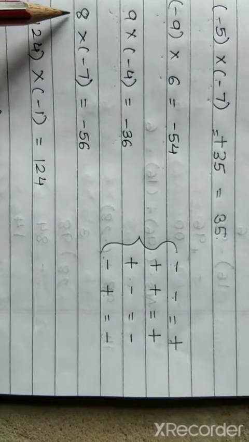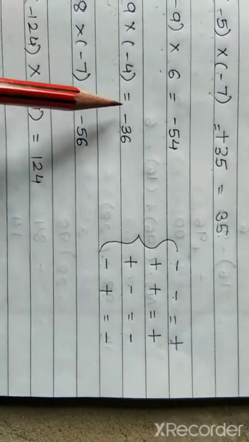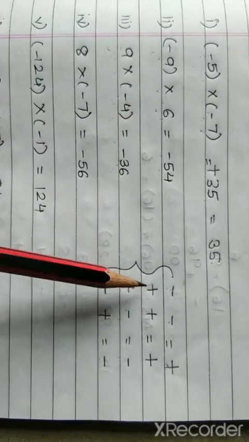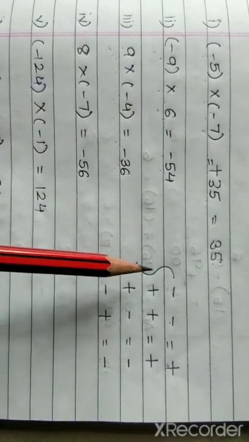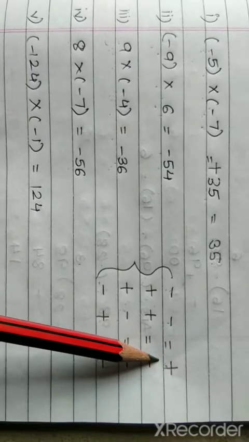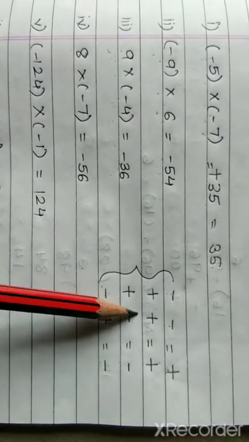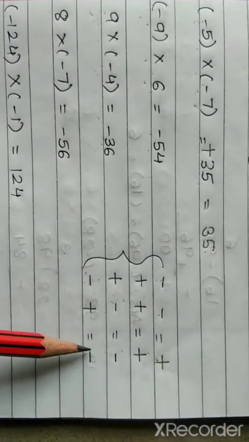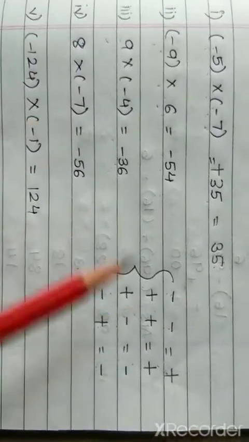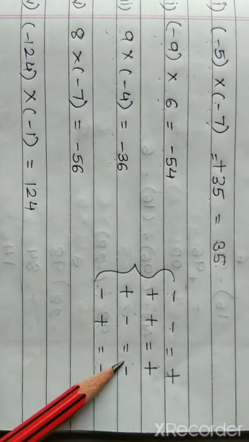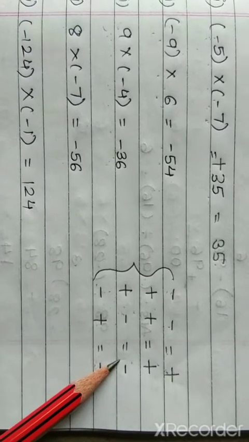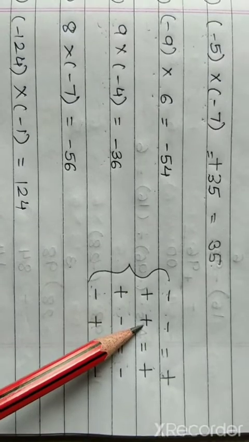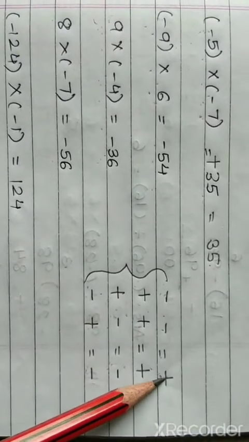Moving ahead to fourth sum. Hope all the three sums are quite clear. Only we are multiplying the numbers and using these four rules, that is if there are two negative numbers, the answer will have a positive sign. Two positives, again a positive sign. One negative one positive will have the negative sign. For learning or by hearting this part, that is your four rules, you can make out that if both the signs are similar, then the answer is positive.